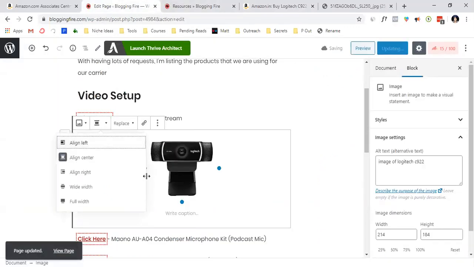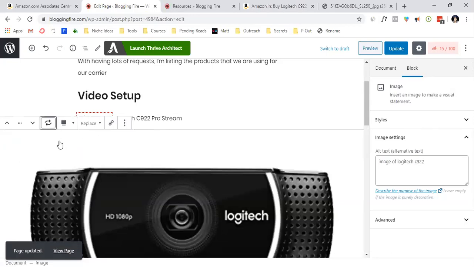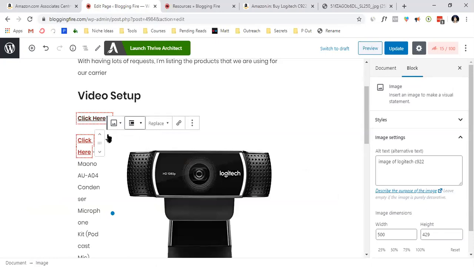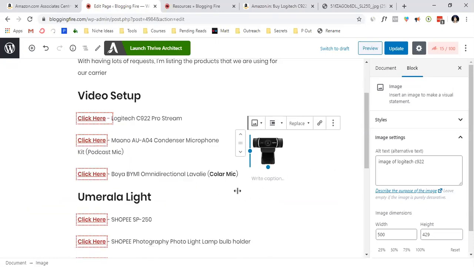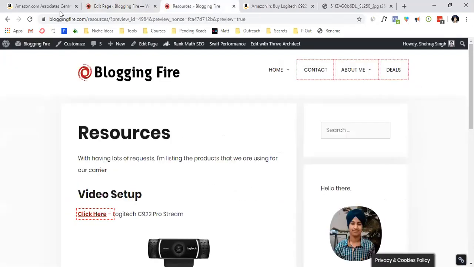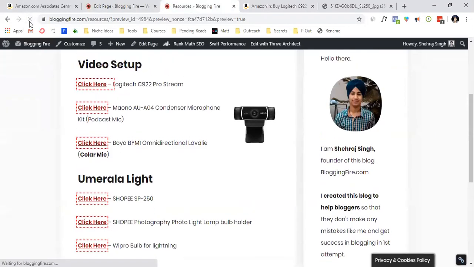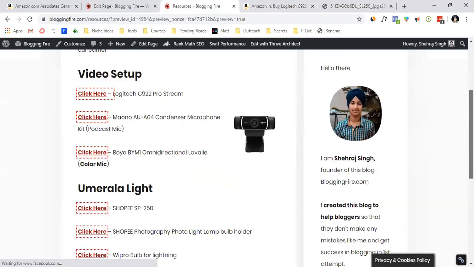And you can make a structure like full width, you can do lots of things with this. Like you can align it right and make it like that. So you can do these things and you can also create using custom HTML. That's your own way. This is the way that I am using it. So that's a simple video on how you can use Amazon product images.